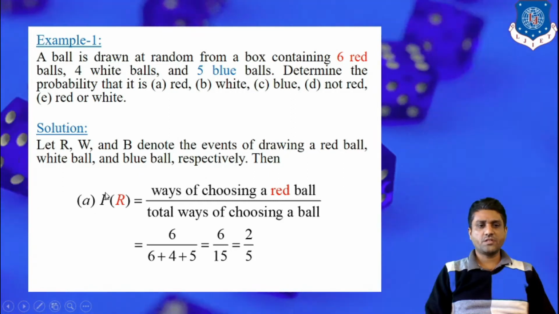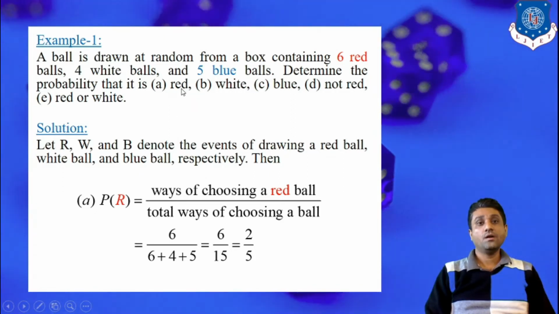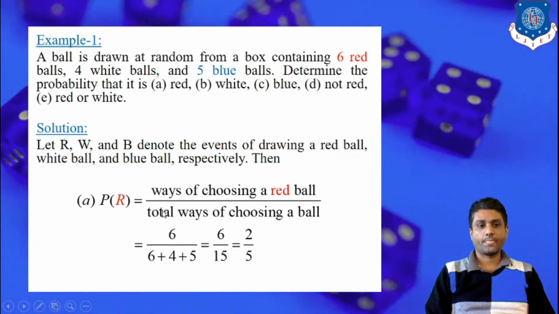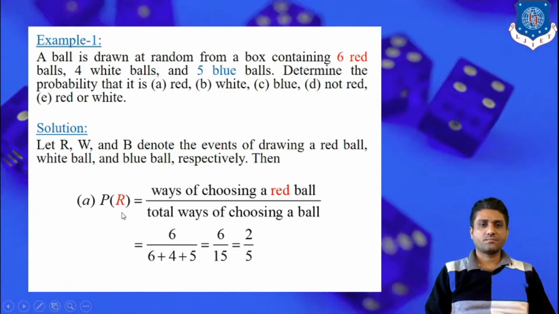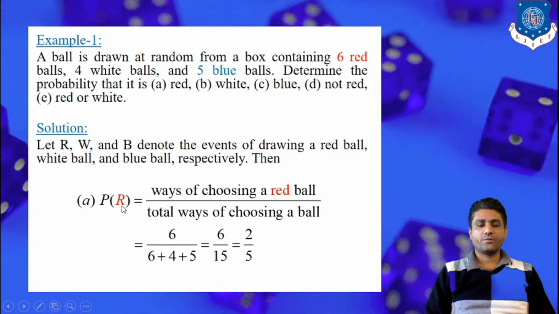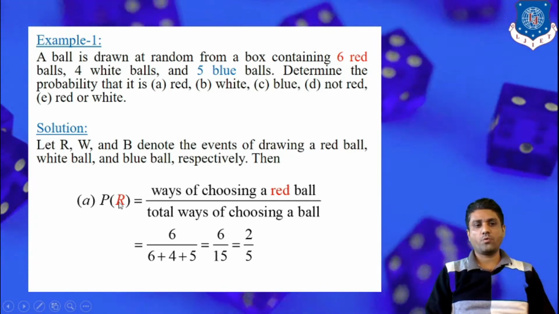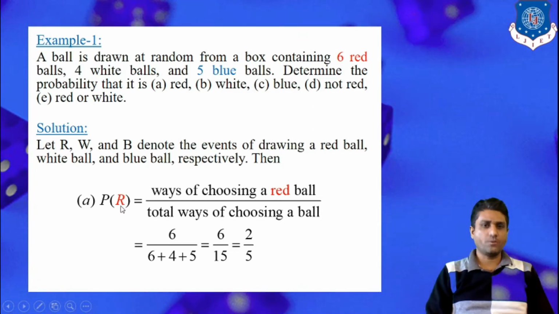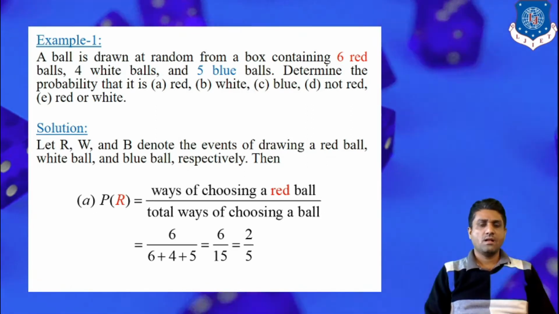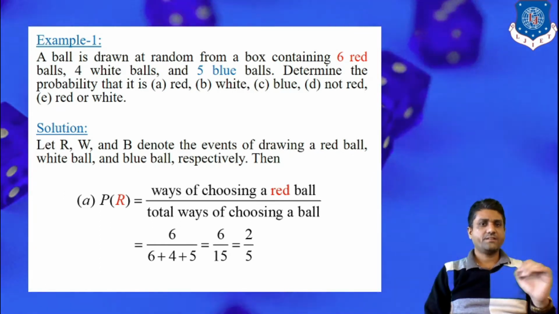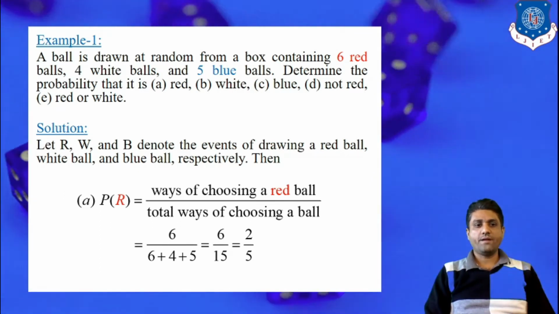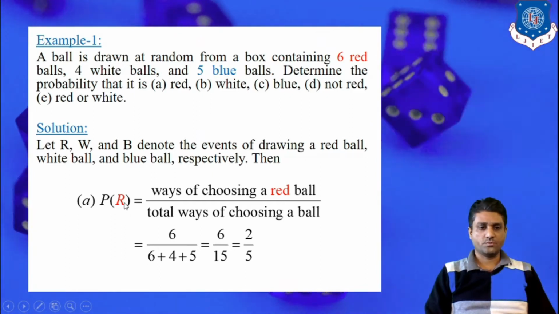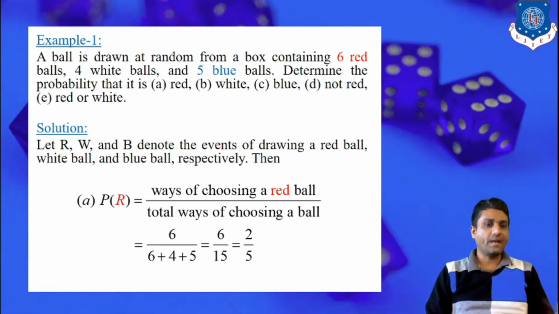Then let's start with the first option. We have to find the probability of getting a red ball. Just for simplicity, we write capital R for the red notation. Otherwise, it doesn't matter; you may also write a black notation. It doesn't imply anything else.